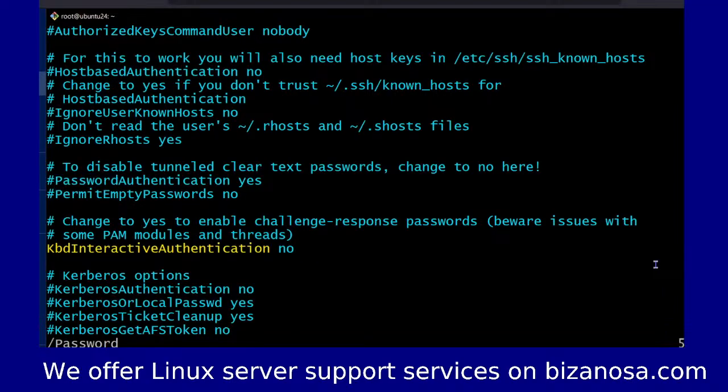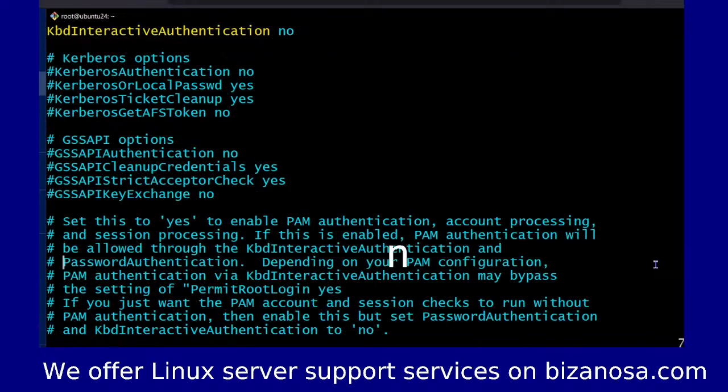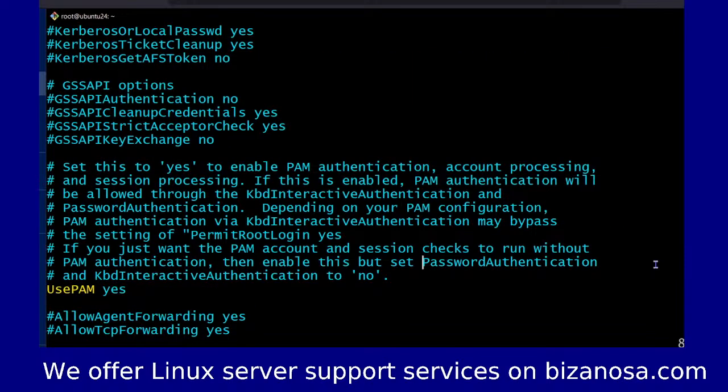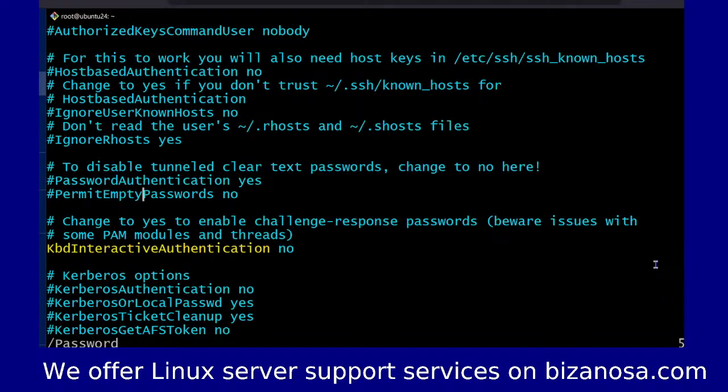And I'm just going to press N to see if there's another occurrence of password authentication, because usually you'll find that there may be another occurrence of password authentication whereby it is allowing or disabling password authentication. Okay, so there's no other occurrence of password authentication. So I'm going to use this one, and I can first of all delete the comment, that is the hash